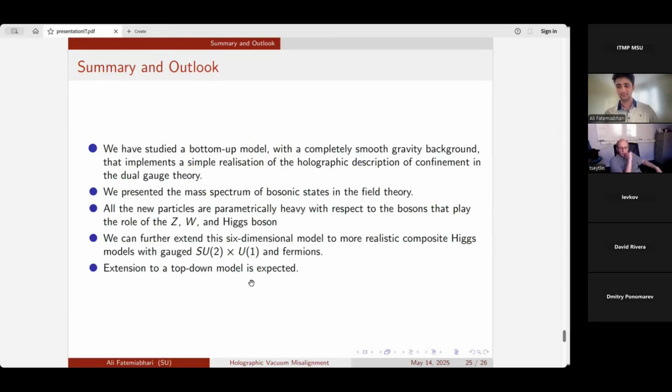I have a question. So it would be nice to have a more systematic embedding into some AdS/CFT setup where you have a controlled description, where you know how to compute corrections, for example, or something like that. Sure. Yeah, so the main problem is that there should be a well-defined SO5 supergravity that also admits a confining solution.